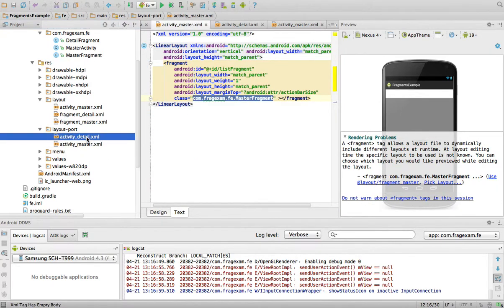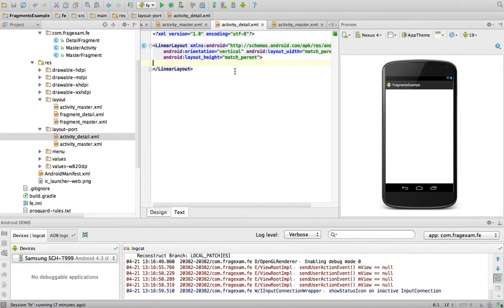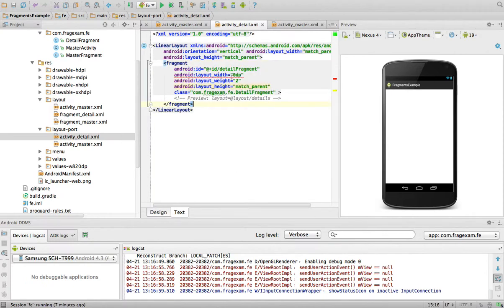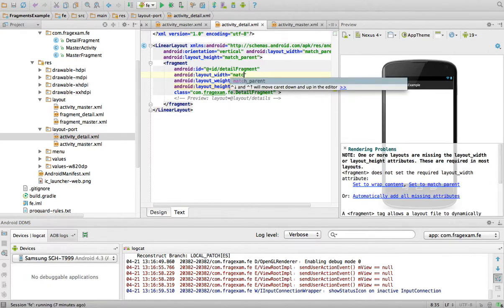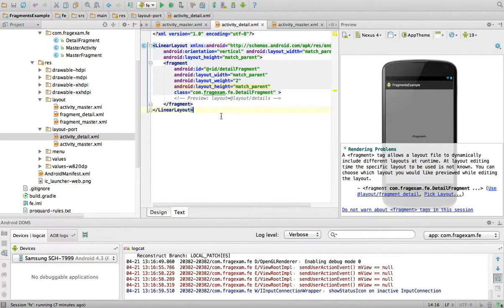One containing each fragment. So in the activity detail, I'm going to paste the second fragment. Okay? So it's going to be match parent. All right. So now I have set up two layouts, one with one fragment each. Now what I need to do is, well, to start calling them. The detail fragment activity